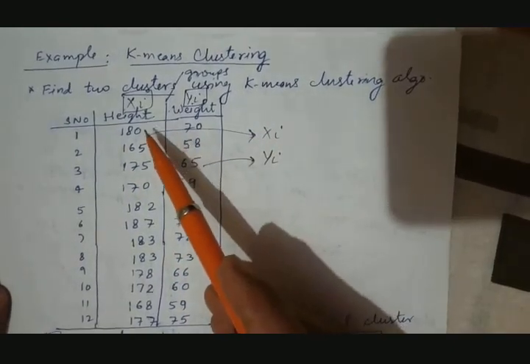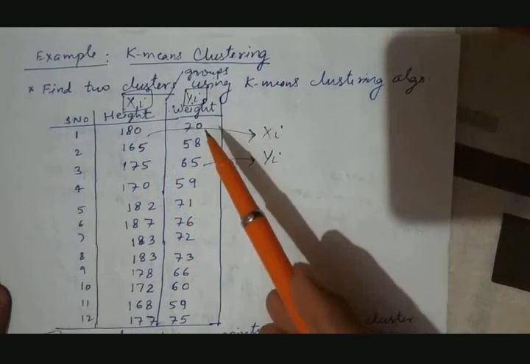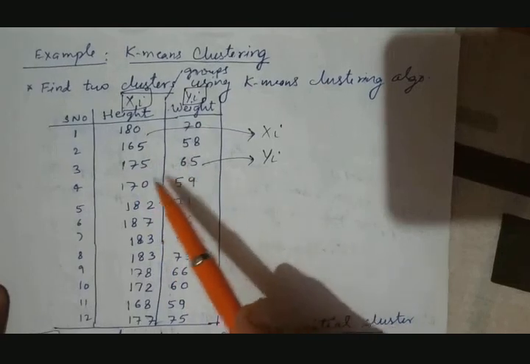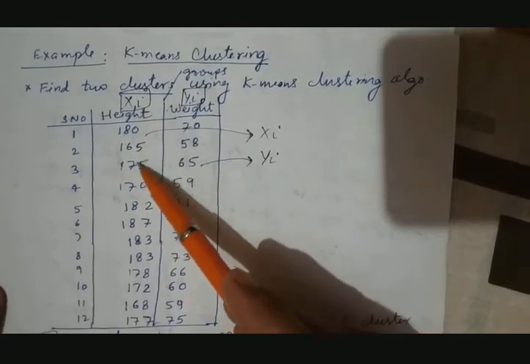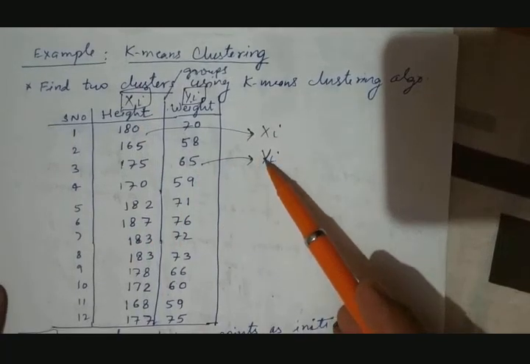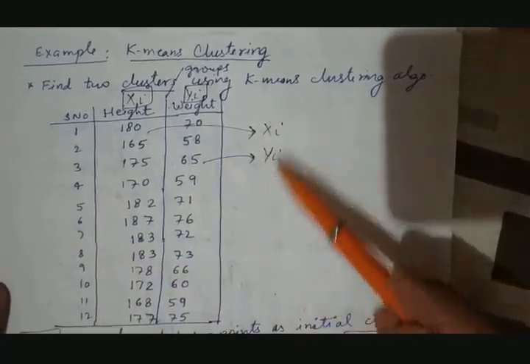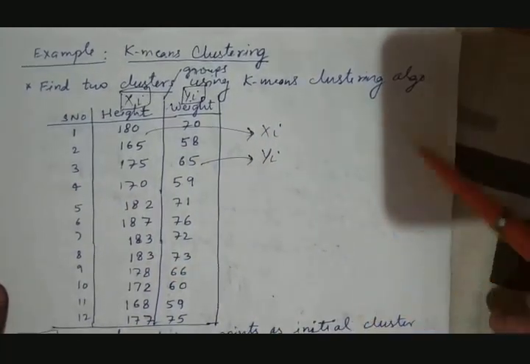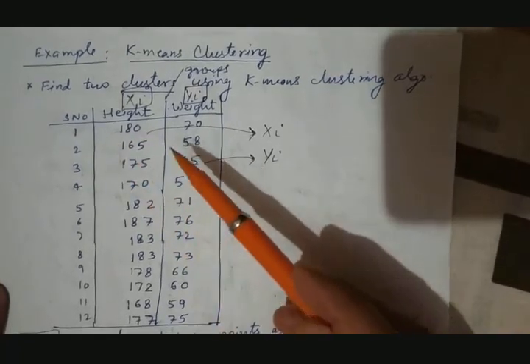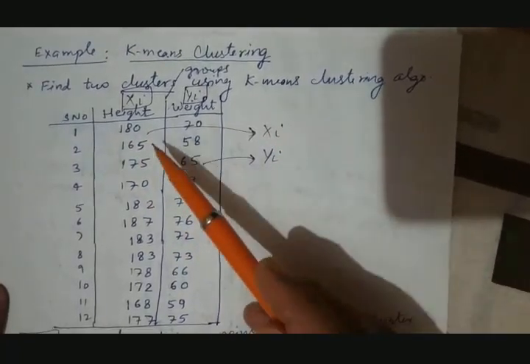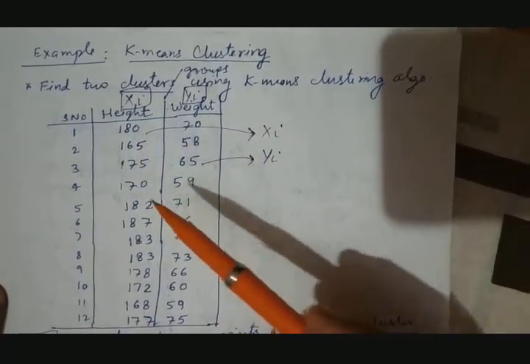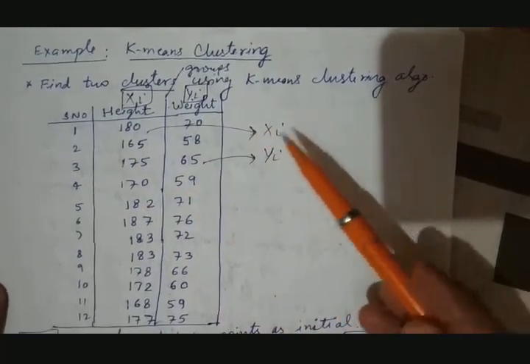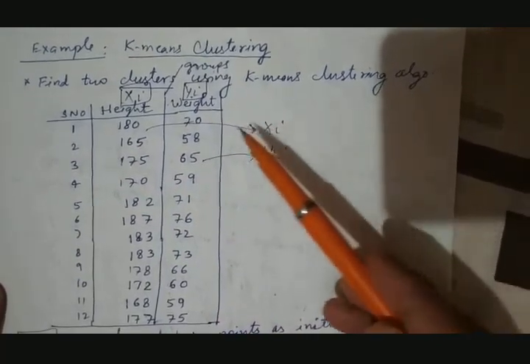We can say that the first record has values x1, y1, the second record x2, y2, the third record x3, y3, x4, y4. Basically the first value is xi and the second is yi. Similarly, each record can have any number of dimensions. Here it is 2 dimensions, but it can have 3, 4, 5, or n dimensions, like x1, y1, z1, p1, q1, x2, y2, z2, p2, q2. So this is how we can add any number of dimensions for each record.